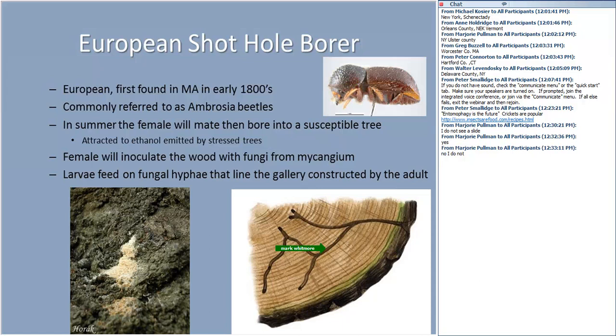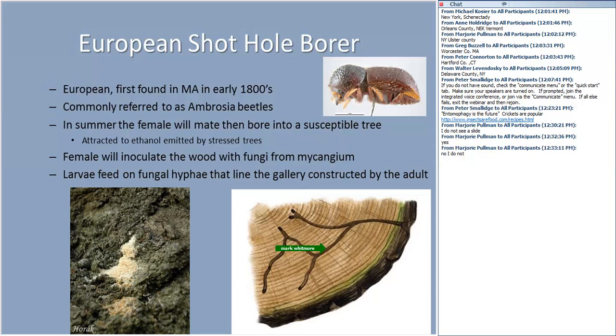I remember a classic situation where somebody was cutting firewood, and they got the top of the tree caught up in another tree, and so they lopped off the bottom part of the tree, the bottom 10, 15 feet, and then somehow they left the whole thing up there. And so the ambrosia beetles only infested the part that was on the ground. They didn't infest the upper part of the tree.